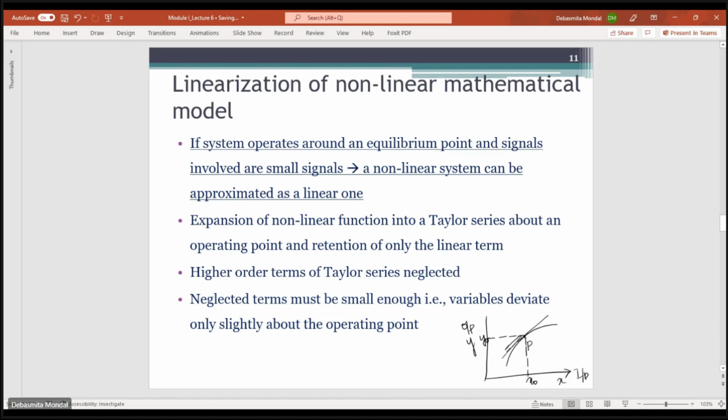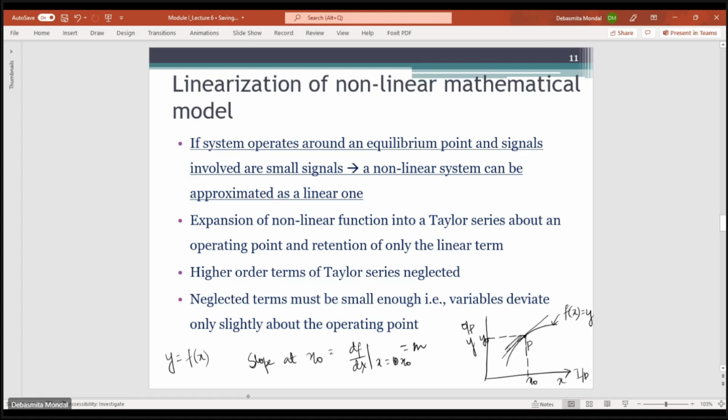So the slope at this point x0: let's say y is equal to a function of x, so this is the plot for f(x), y equals f(x). At this tangent point x0, the slope will be df/dx at x equals x0. So if that value is equal to m, then you can write that y equals